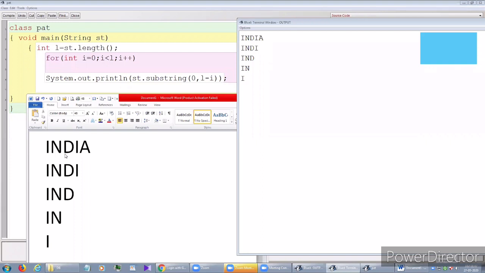Now tell me who has doubts. Siddharth, understood. Akash, understood, sir. Harsha, yes, sir, understood.